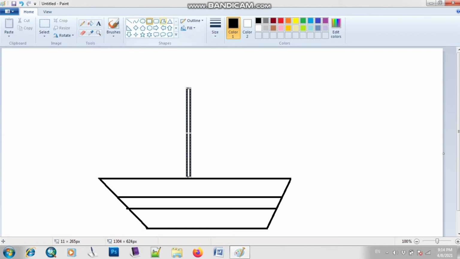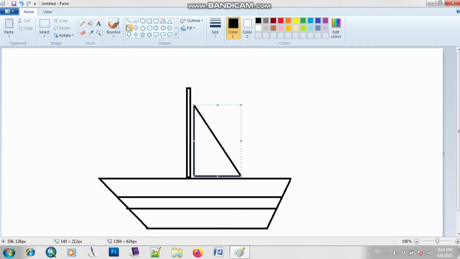Okay, so now I will choose a triangle. This is basically your triangle, so I will just draw it. I hope now it looks like a boat.